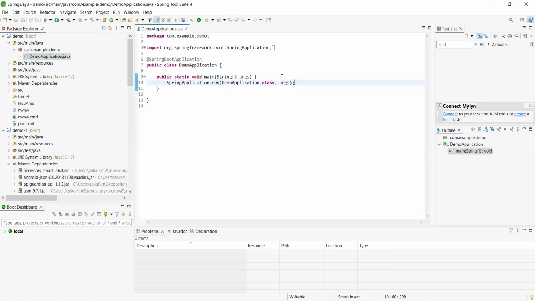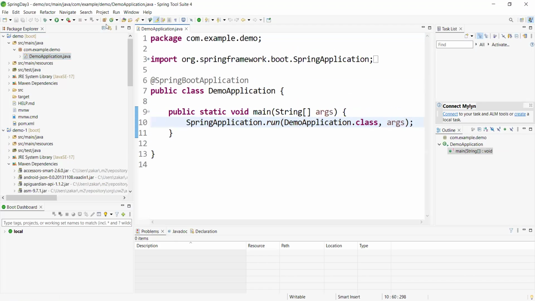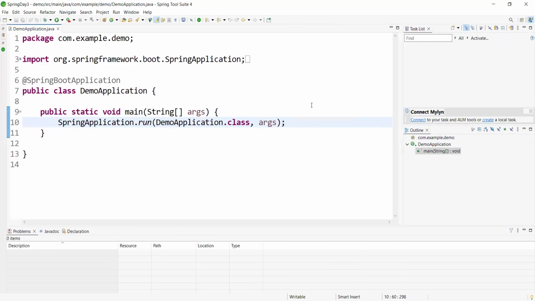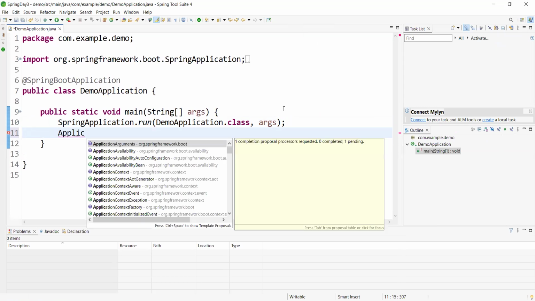For example, I'm asking you again: what does Spring container mean? Please tell me. Application context. Just let me observe: if I type application context.